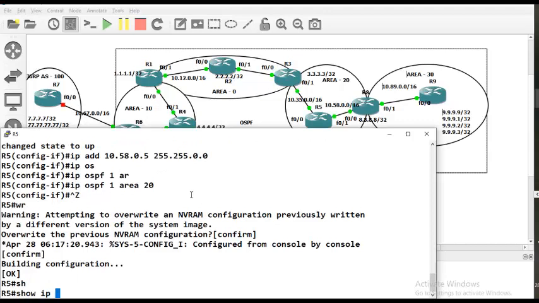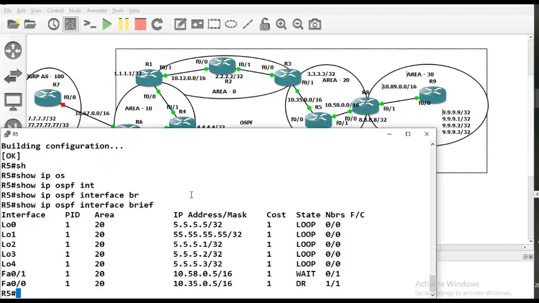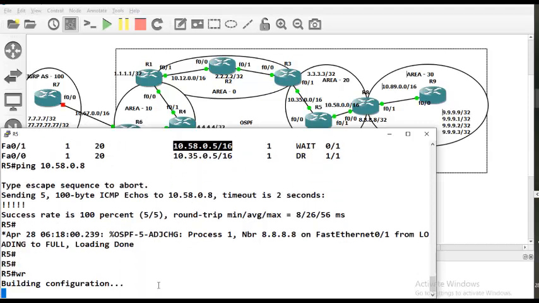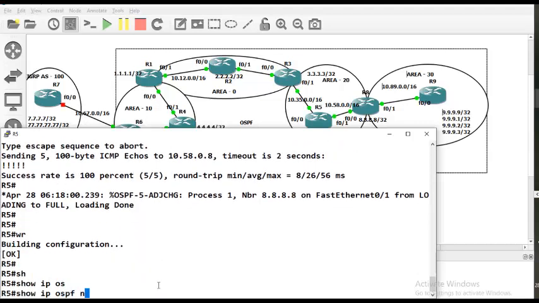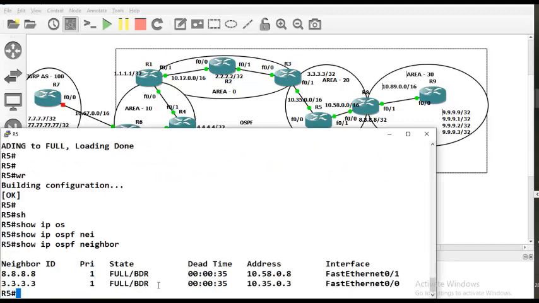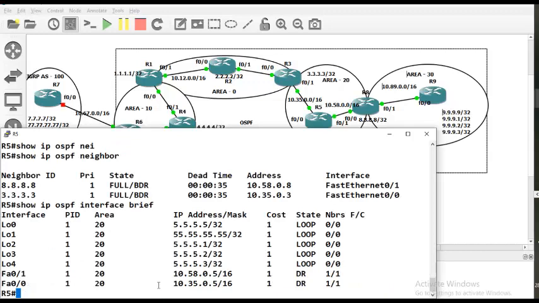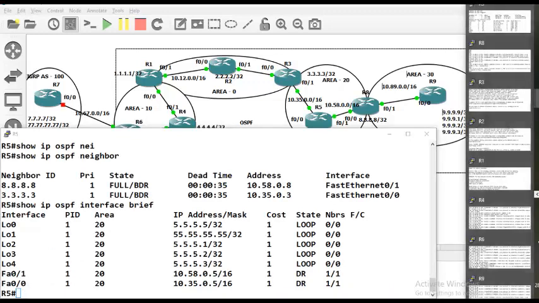Show ip ospf interface brief. Between 5 and 8 we have this 58 network. Okay, the neighbor has come. Show ip ospf neighbor. You can see router 5 is a neighbor with both router 3 and router 8. And you also saw that router 5 fully belongs to area 20, whereas router 8